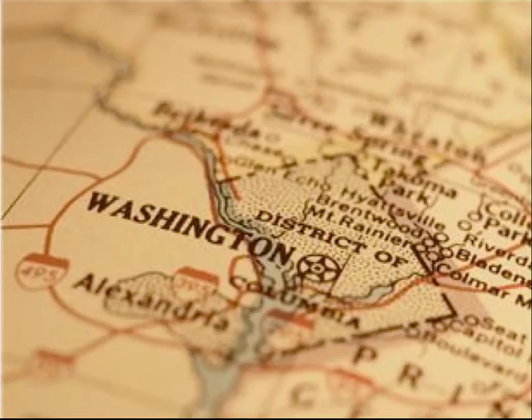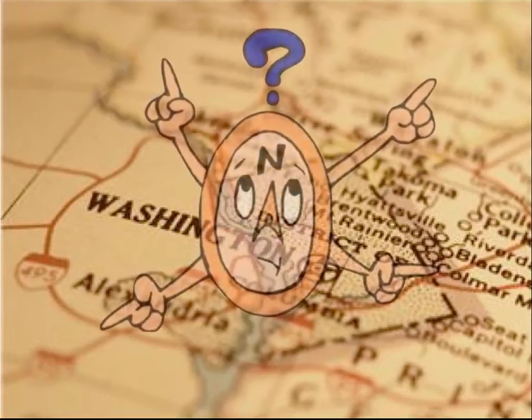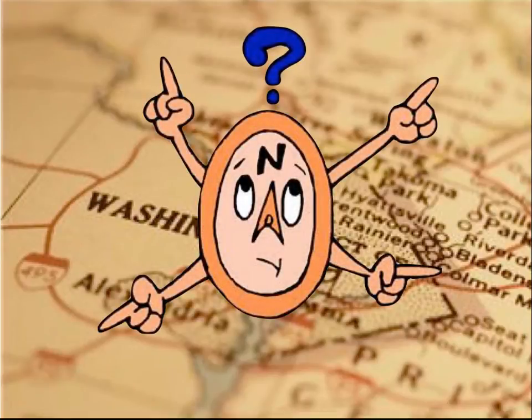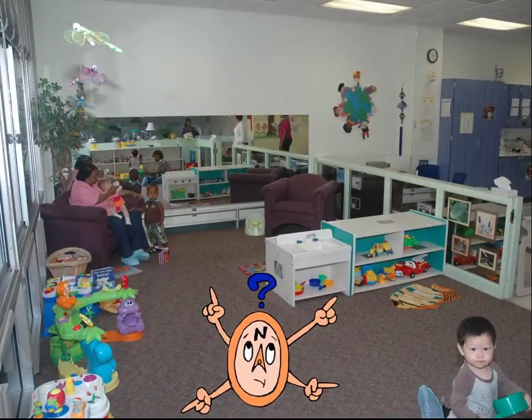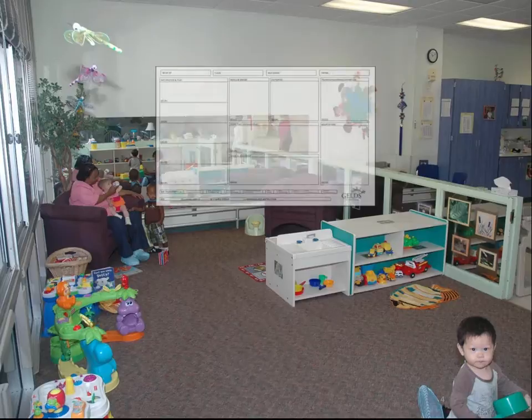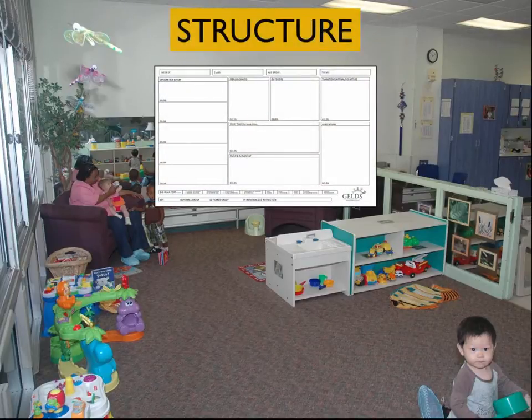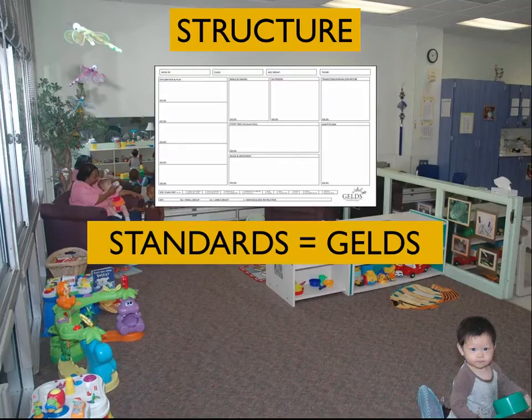Imagine going on a trip without having any idea where you're going or how you'd get there, and you don't have a map to help you find your way. That's similar to going into a classroom without a lesson plan. A lesson plan gives you structure to standards you're trying to teach and the learning activities you implement each day. It's the difference between having a map for planning a trip and just trying to figure out where you're going